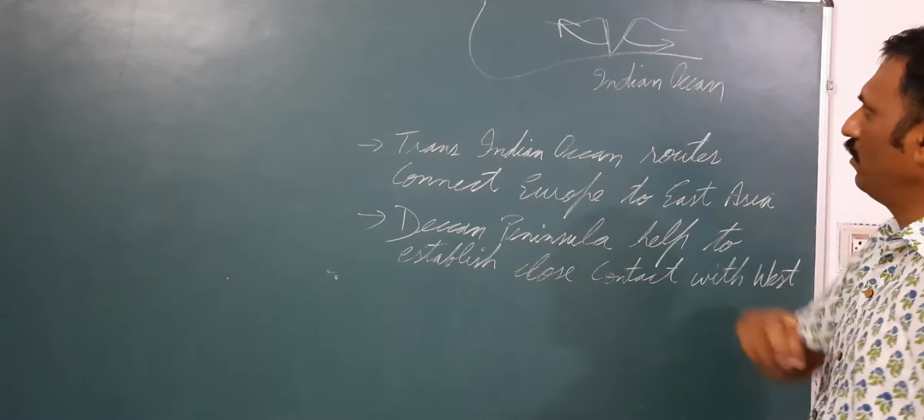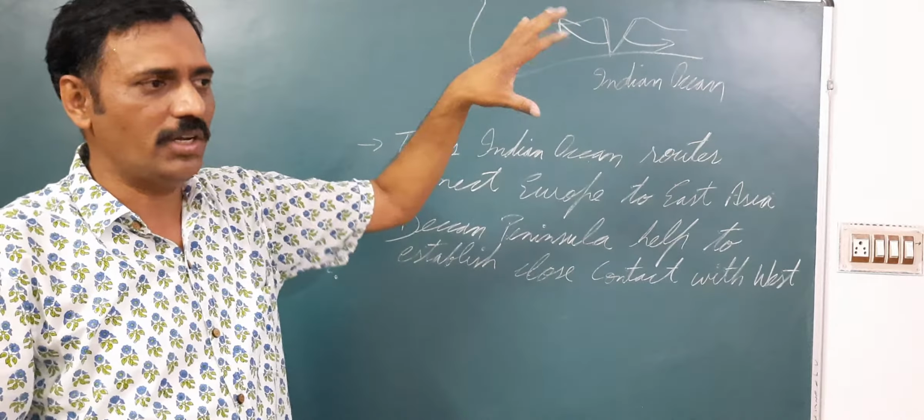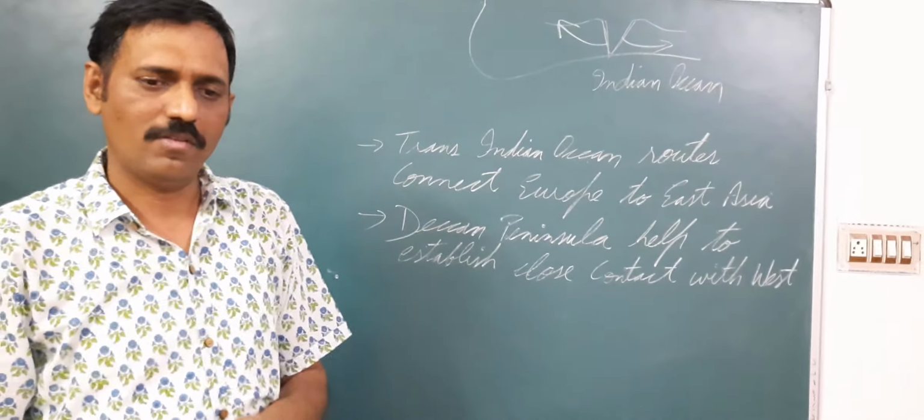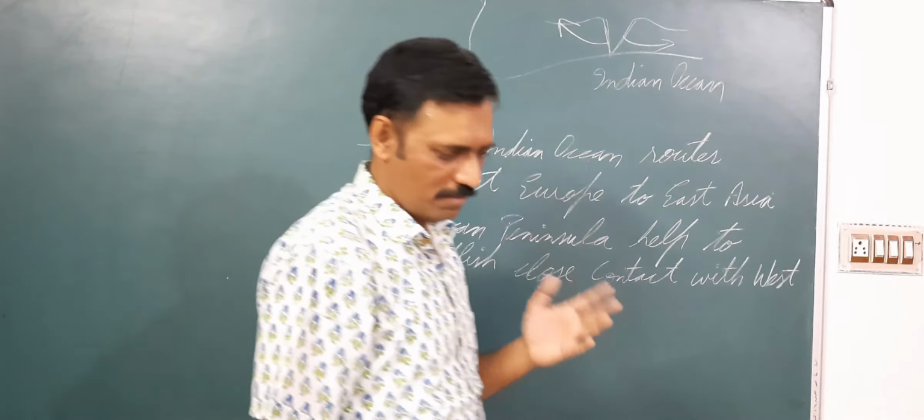No other country has such a long coastline in the Indian Ocean, and we are the only one who has an ocean named after a country. None of the other countries has this privilege. Only India has the whole ocean named after it, that is the Indian Ocean.